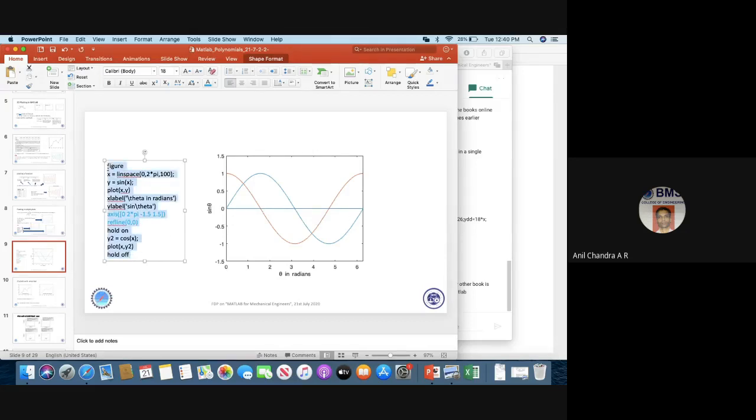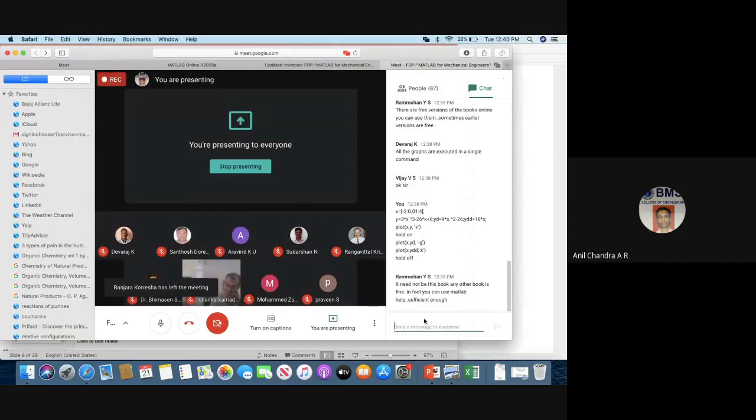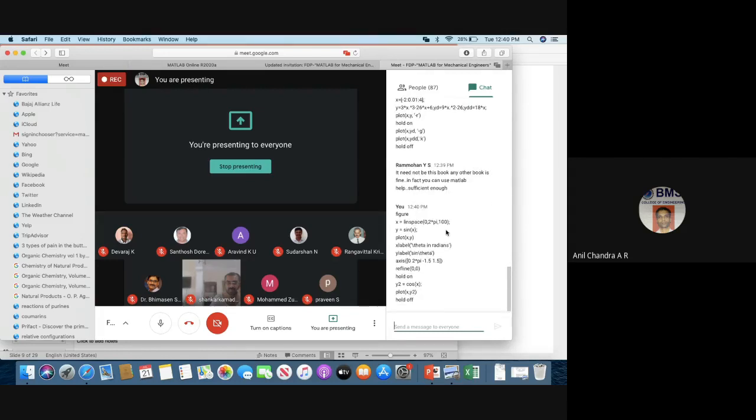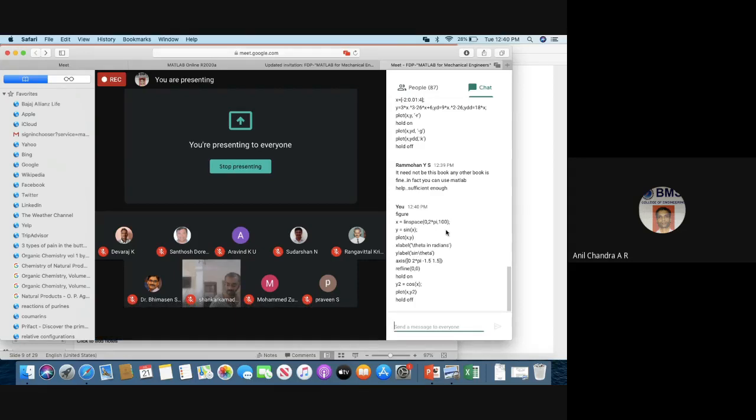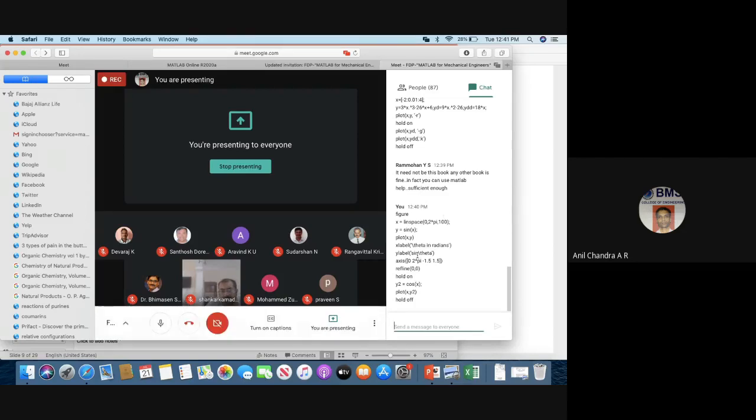I'm trying to compare the sine curve and the cos curve. I think Rammohan sir has said it right: MATLAB help and MathWorks, if you have both and the urge to learn, you don't need any book, because theory is there in so many books. You can take the strength of materials, start writing the expression, go to the mathworks.com website and start executing. So please try this out in your MATLAB.